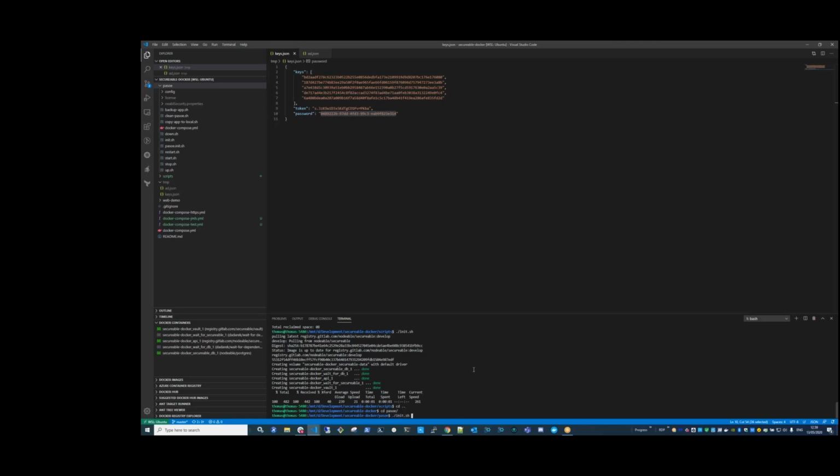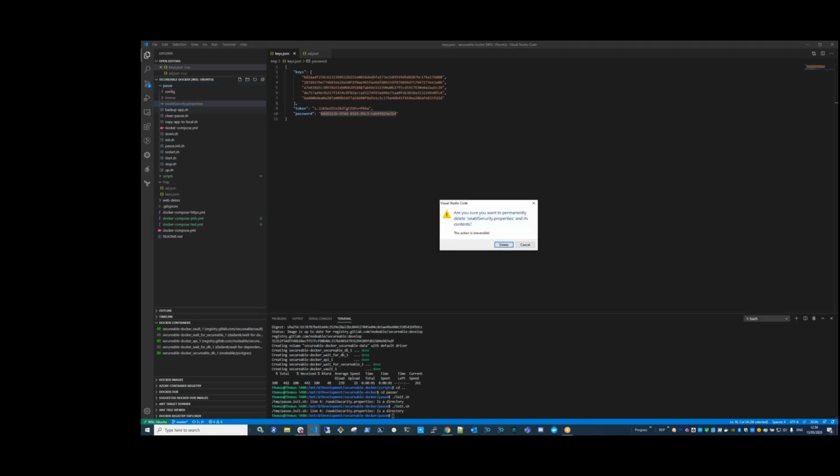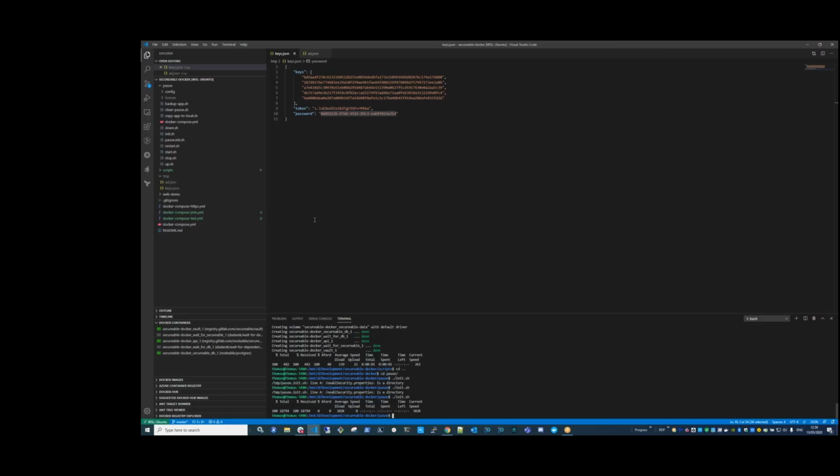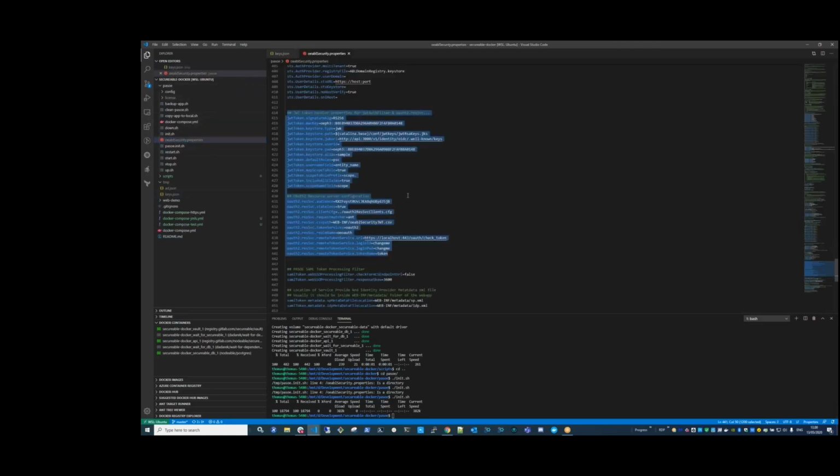So if I run another startup script from here, my initialization script has run, and it has taken a template from Securable and populated it with information.